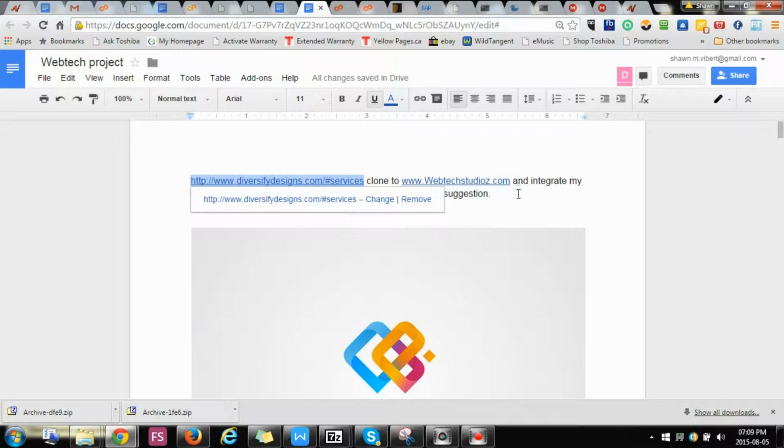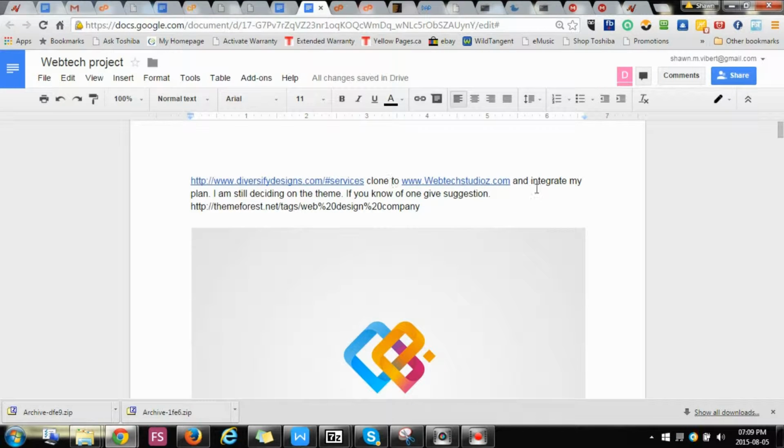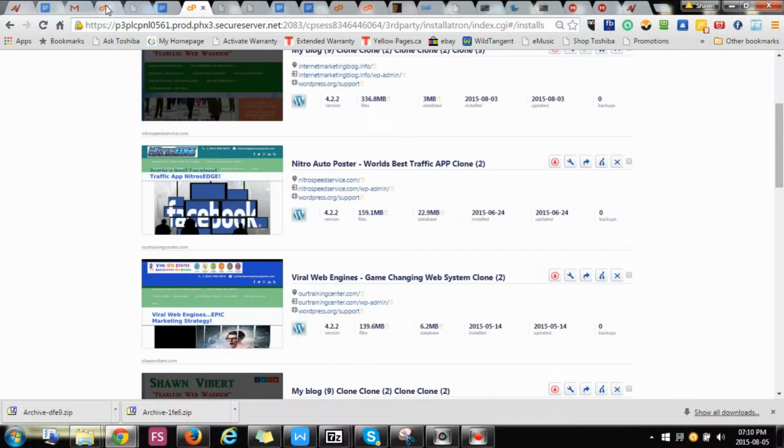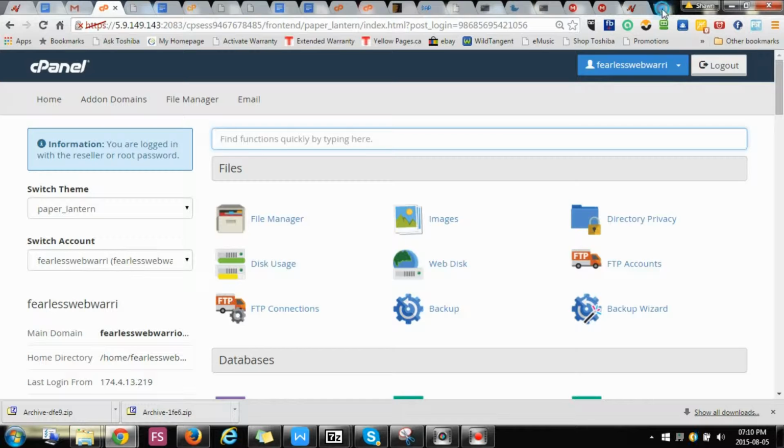onto the webtechstudios.com site. Actually, what it's going to go onto for now is webdevelopment1.com. To access that, you're going to go into GoDaddy. If you don't know how to access GoDaddy, you just go to GoDaddy, and to